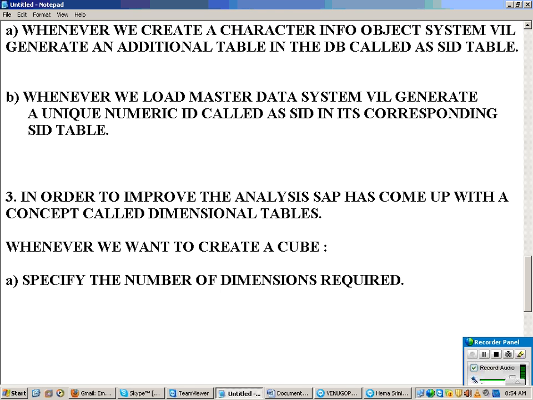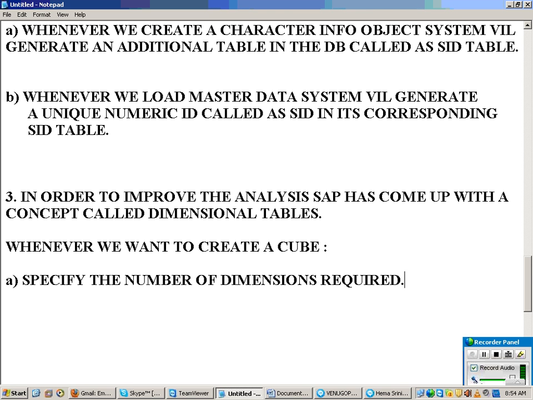So how do you start creating a cube? First, you have to specify the number of dimensions required. That is, in how many ways you want to analyze your data.